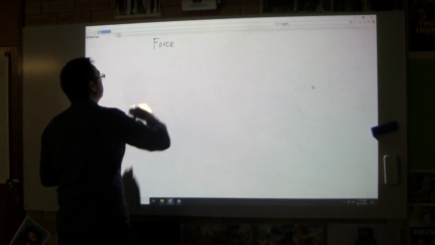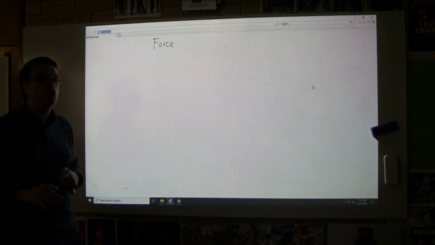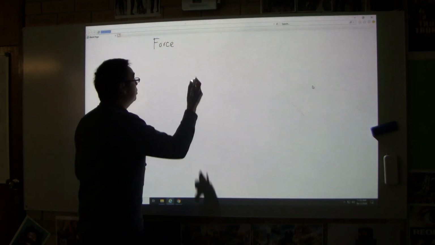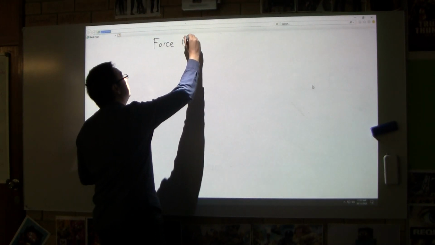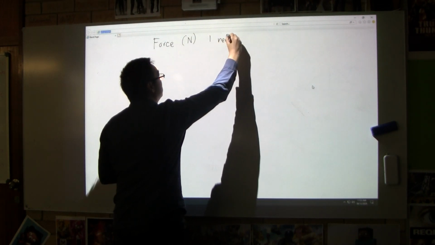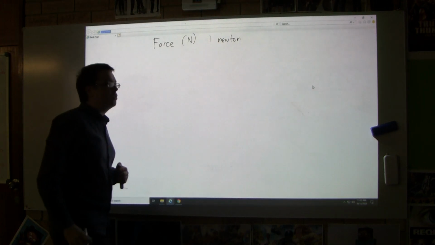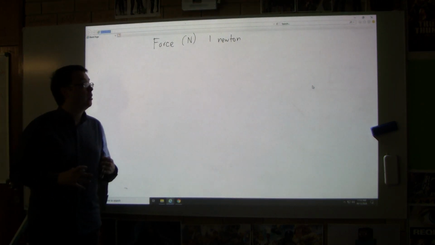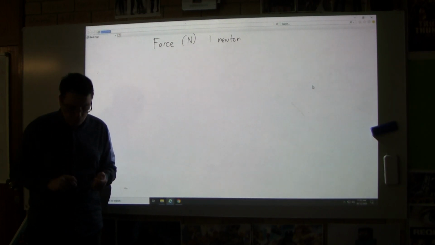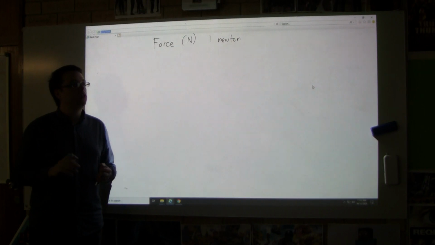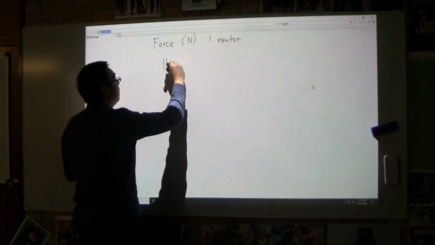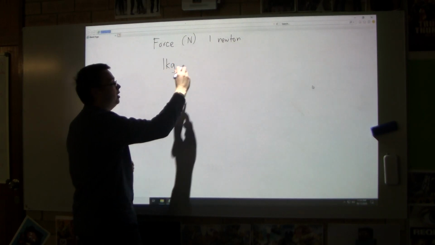Okay, so a force can be defined as a push, a pull, or a twist. Forces in Australia and most of the world are measured in newtons. So it's written with a capital N, or 1 newton, written like that. Okay, so a push, a pull, or twist, but then we have to define what exactly 1 newton is. Well, 1 newton is the force of an object of 1 kilogram mass accelerating at 1